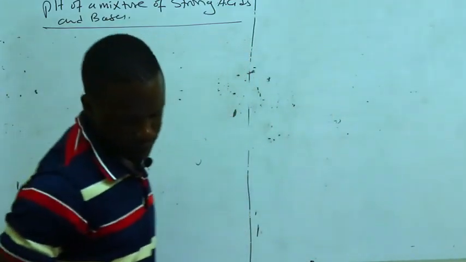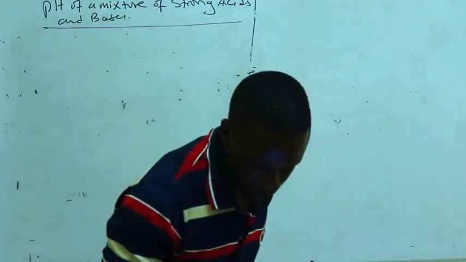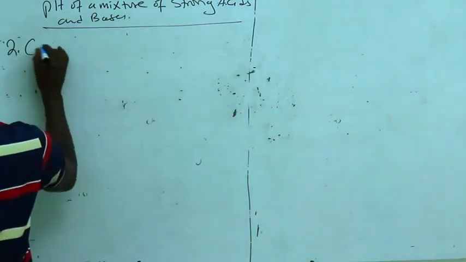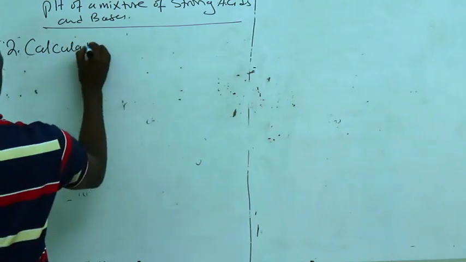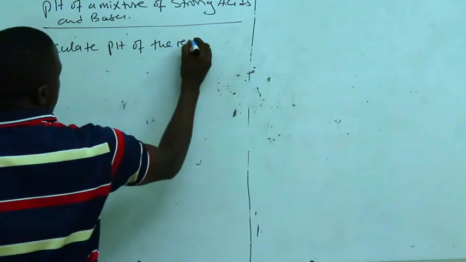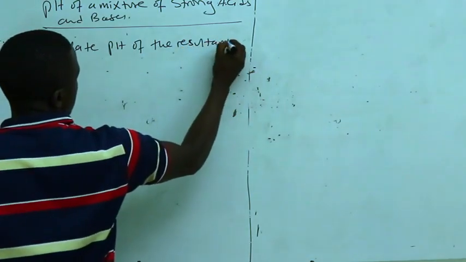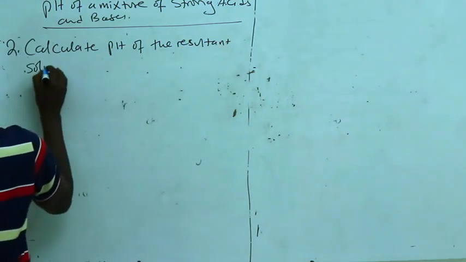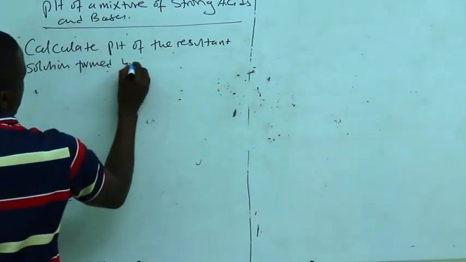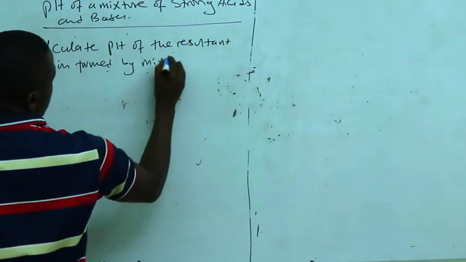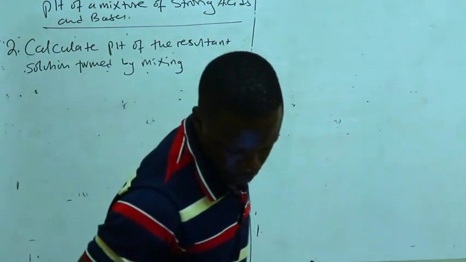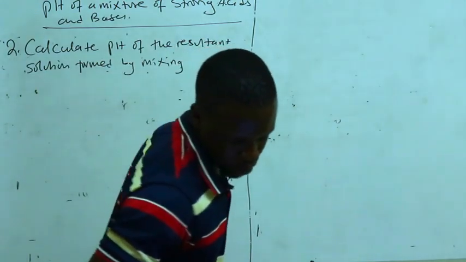In this one, number 2, calculate the pH of the resultant solution formed by mixing 25 cubic centimeters of 0.1 molar